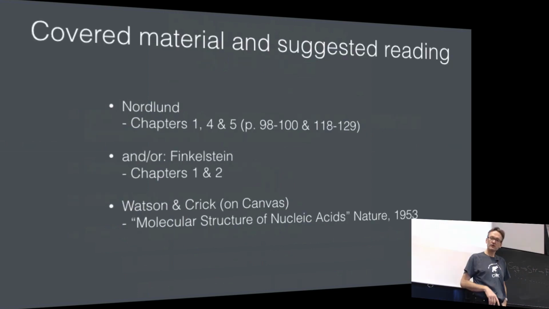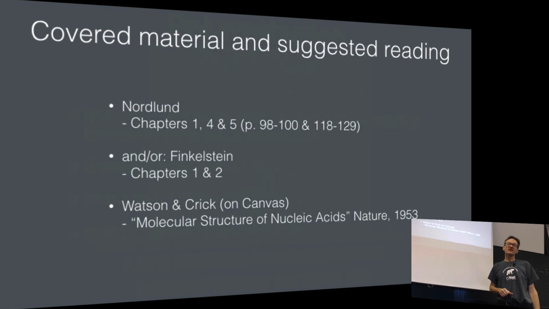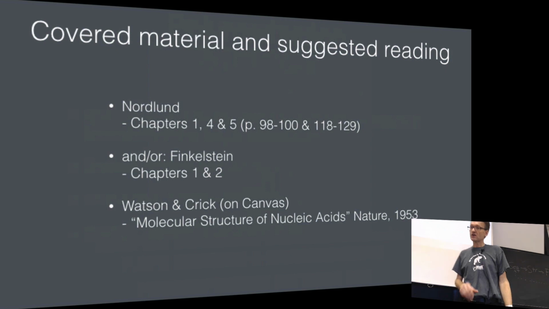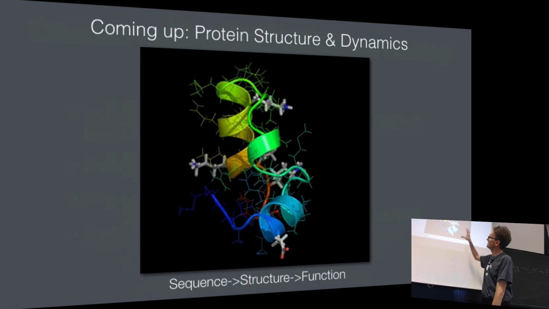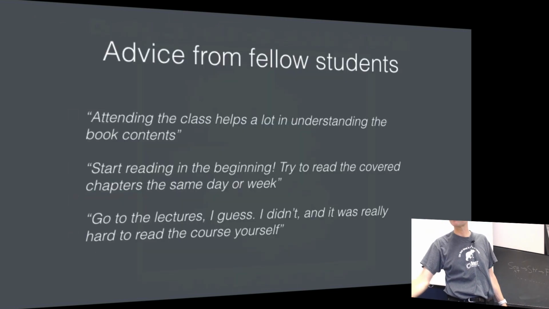Reading-wise, for the first lecture, I've found chapters both in Nordlund and Finkelstein that cover this reasonably well. Finkelstein doesn't cover DNA and RNA at all. But again, for the general stuff, you can find a ton of information online. I'm going to update the following lectures today and tomorrow, so that whenever possible, I will have reading instructions for both books. On Friday, we're going to go deeper into the sequence structure function relationship, and talk about how all these things interact in a small protein like this. Why do they interact? And why does that lead to stabilization of certain functions?